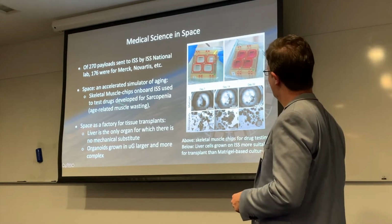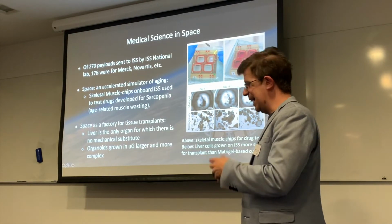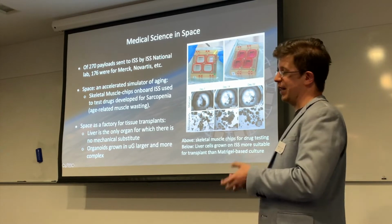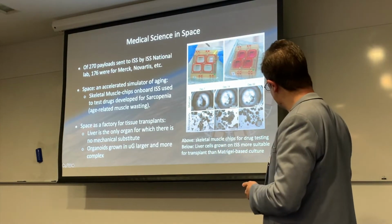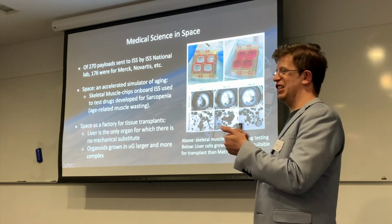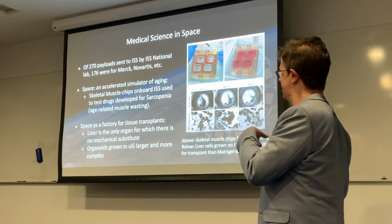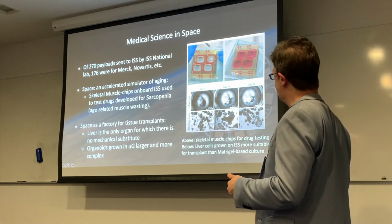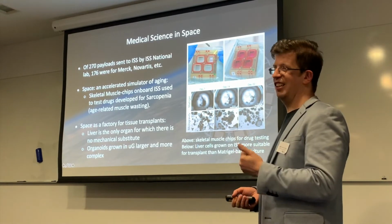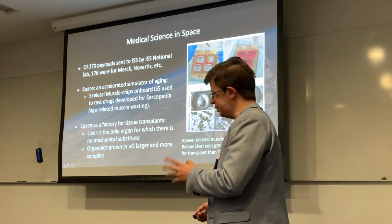What I can talk about more is two speakers that were there from the University of California, San Francisco, and Stanford. First one being these, because space is essentially a simulacrum of accelerated aging. You could have muscle chips, shown here, where they grow cultured skeletal muscle, and these muscle fibers act like an accelerated aging platform. When they were using this to test for drugs for sarcopenia, which is an age-related muscle wasting, they were able to potentially get outcomes on this drug treatment faster by doing the research on the space station than they can on the ground. Likewise with tissue transplants, and particularly liver transplants,